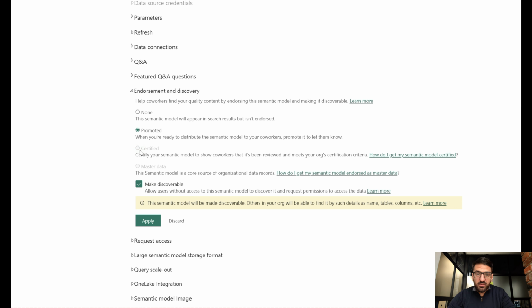If I had certified enabled, sorry, this would be available to be clicked. You can now apply it to master data as well, topic for another time. But also, hey, look at that, make discoverable, allow users without access to the semantic model to discover it and request permission to access the data. And then when you go to One Lake Data Hub, that's when you can also see it there as well. So if I apply promoted now,